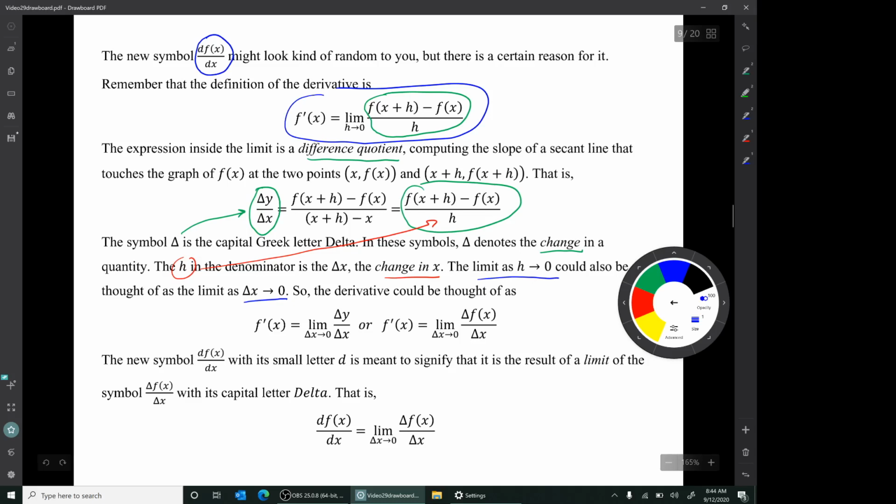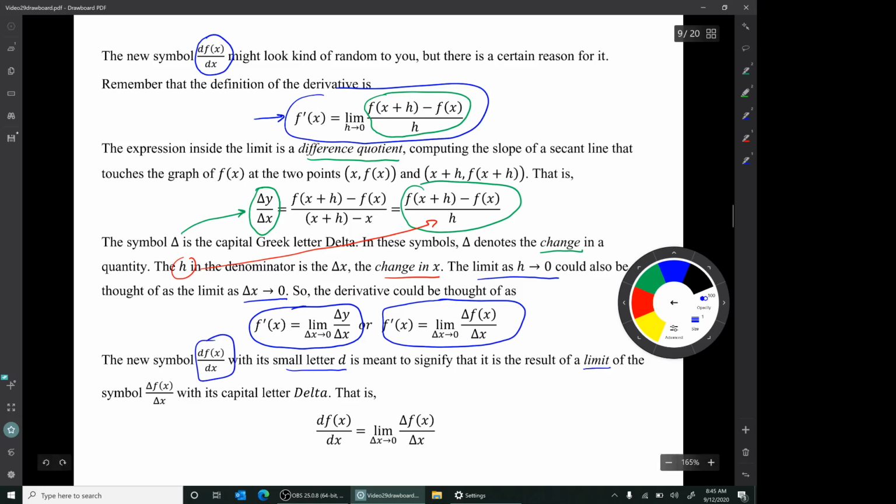So this derivative expression here could be thought of this way. F prime of x is the limit as delta x goes to 0 of delta y over delta x. Or you could think of it this way. F prime of x is the limit as delta x goes to 0 of delta f of x over delta x. So our new derivative symbol, df of x dx, with its small letter d, is meant to signify that